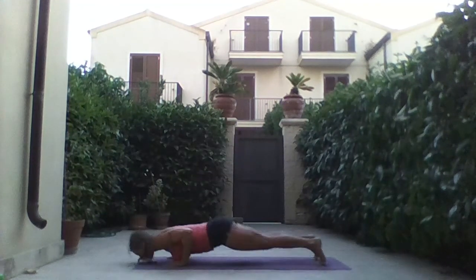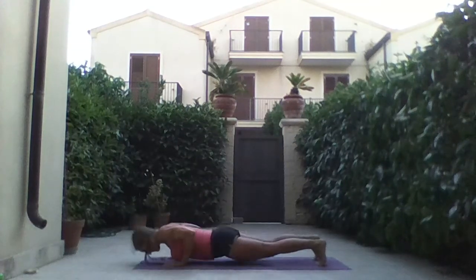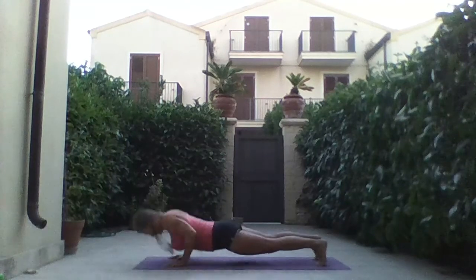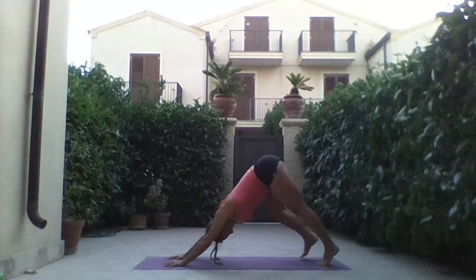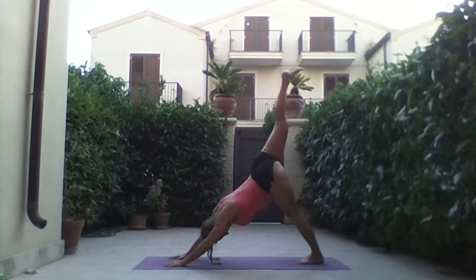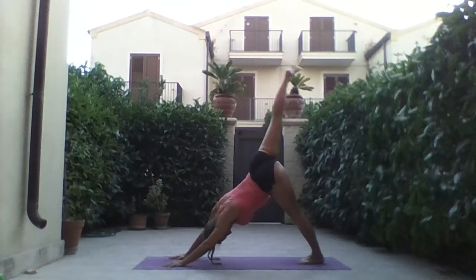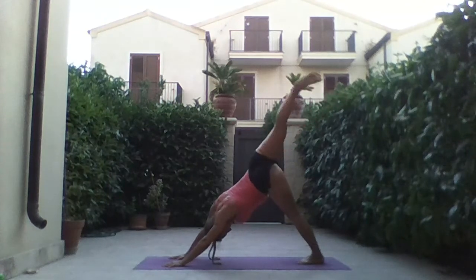Let's go ahead and take a few more chaturangas here. For 1, 2, 3, 4, 5. And we bring it back to Adho Mukha Svanasana. Inhale, right leg comes up. We're going to open up that right hip and find some nice movement here, getting some nice rotations through the right hip